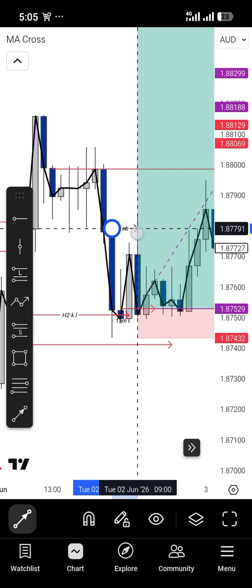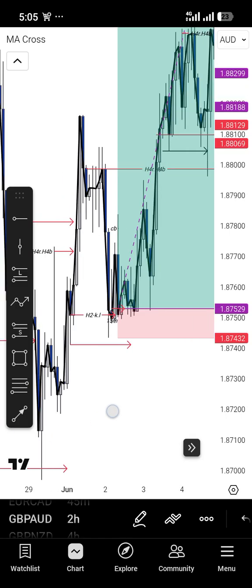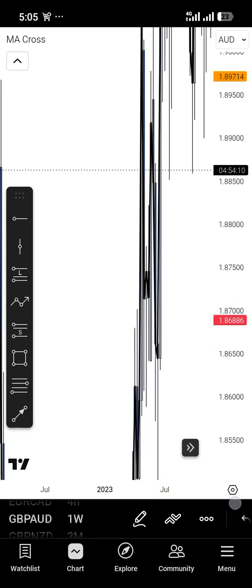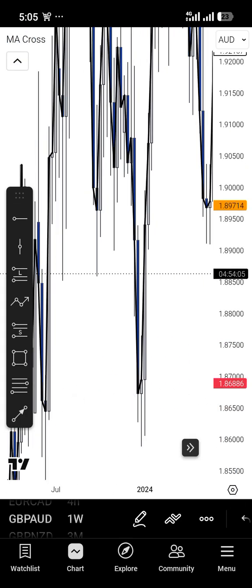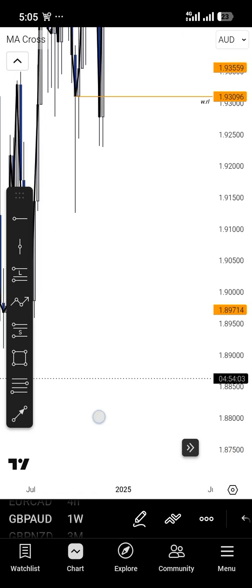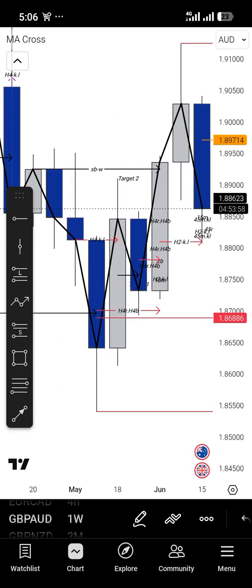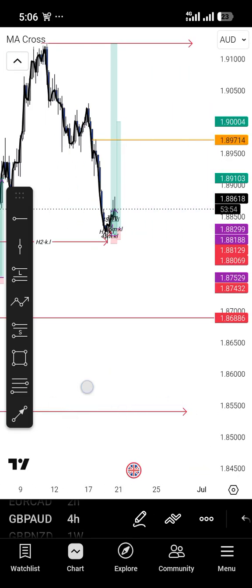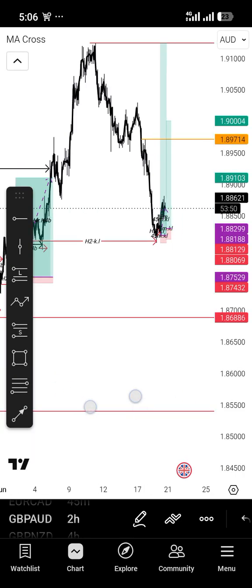Now watch this break. That's how I trade. Every break, every candle break calls for instant execution. That's how I entered from here, from the 1 week time frame. After I got that break from the 1 week time frame, I had to switch down to instant execution, right? After I got that break, I have to come down so that I can continue the buys. So the same thing here, when we got the break on the 2 hours,